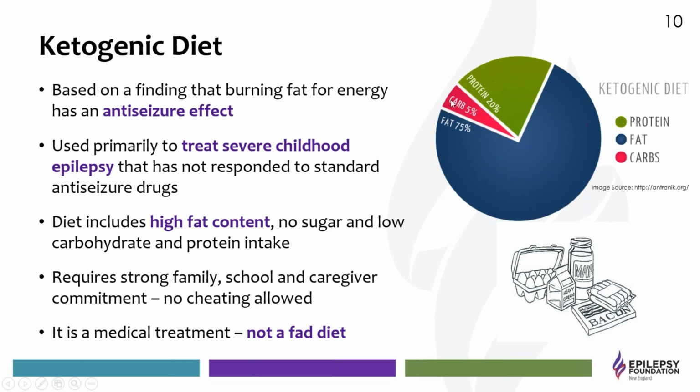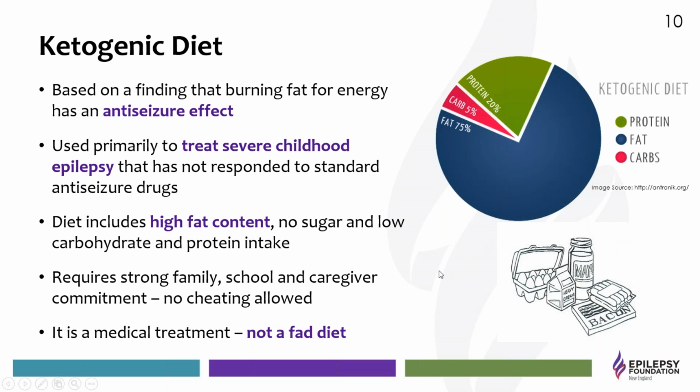3-to-1. And I'm combining protein and carbs to say these two together are the 1, and this is the 3. But once you get into those, you're on a 0.275 to 1.25 type thing, it can get quite complex and very, very time consuming. But there's a lot of support for it. The Epilepsy Foundation has lots of information to share with families who are starting this. And usually your neurologist will connect you with a dietitian who's very, very familiar with the ketogenic diet to help things get started. But you can say goodbye.